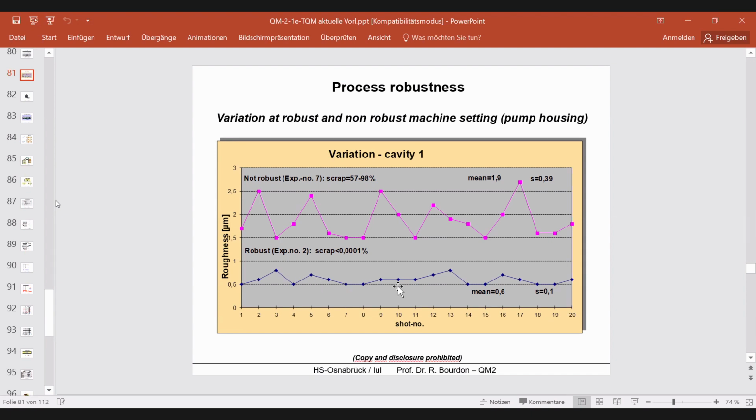And here you see only this machine setting can meet the requirement. This machine setting here is not able to meet the requirement. Here you have a mean value of about 2 and a high standard deviation. So it's possible, and this is shown by this example, it's possible to optimize variation and also the mean to get a low roughness here by using